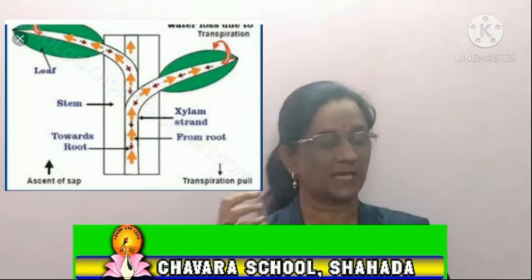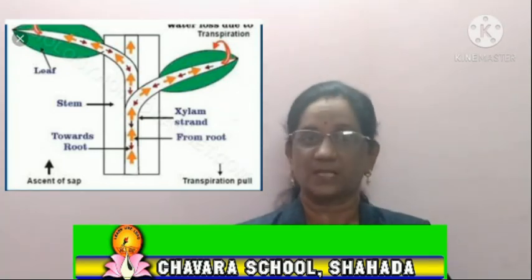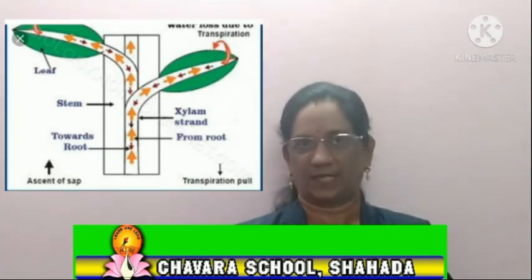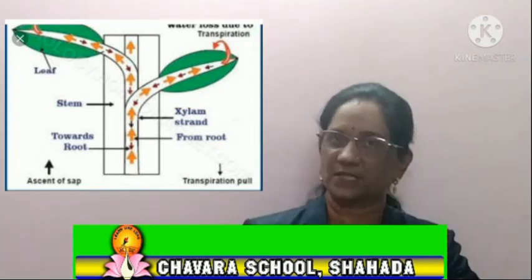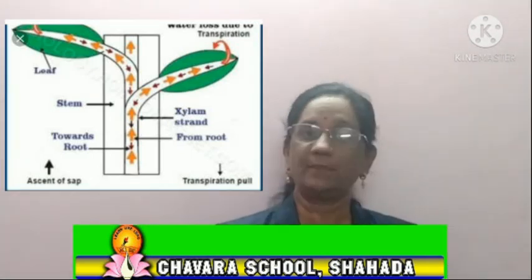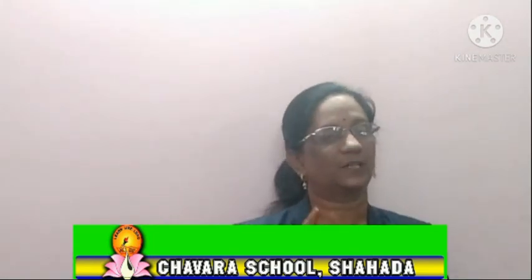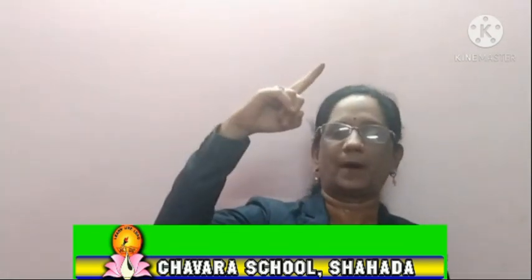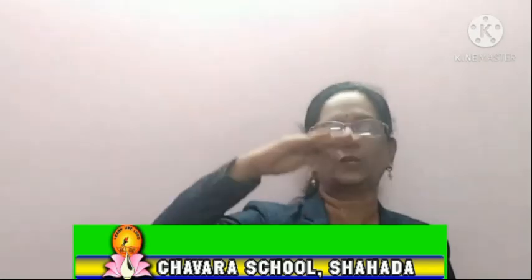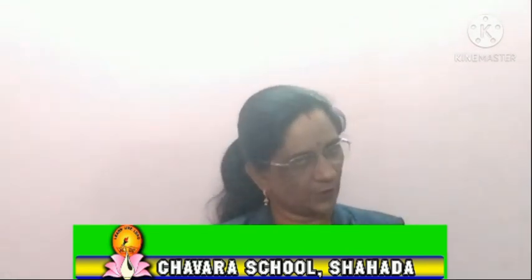Water and minerals are absorbed by the roots, and then go to the cell, and then reach the central xylem, and xylem is only for conducting the water and minerals. These tissues are helping, so from the lower part of the roots to the upper part, the movement is going on in an upward direction. The movement of water and minerals from the downward to the upward direction, this process is called ascent of sap.